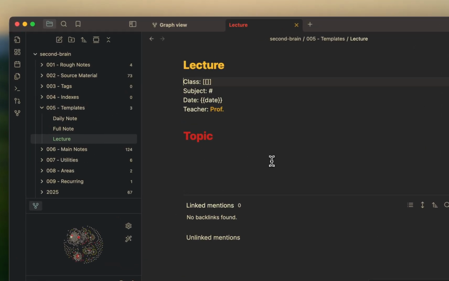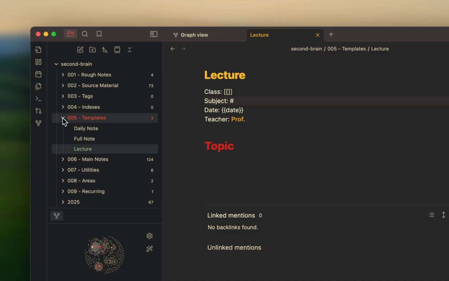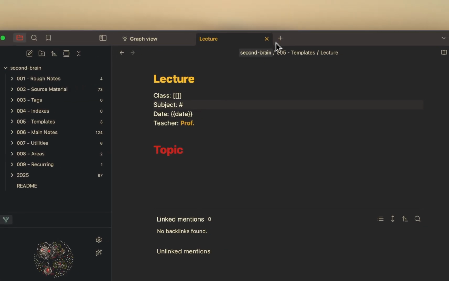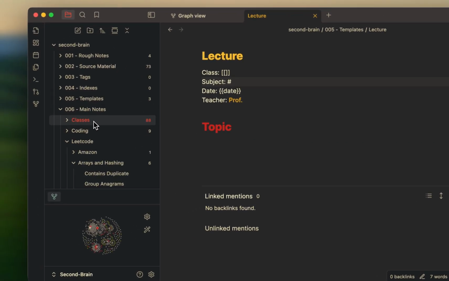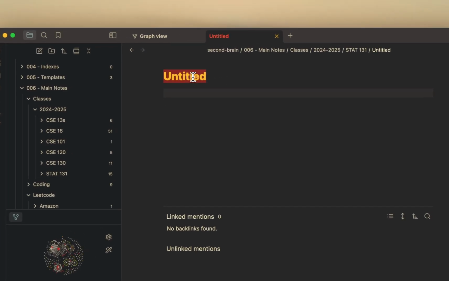And then my lecture note, this is specifically for lectures. So the class I would put under here, subject, whether it's computer science, statistics, physics, anything like that, date, just like the other one, whatever date the note was created on, as well as the professor that's teaching that class. And so anytime I want to create a new note, let's say I want to create a new note under Stat 131, I would just come here, create a new note, and then I just have it,